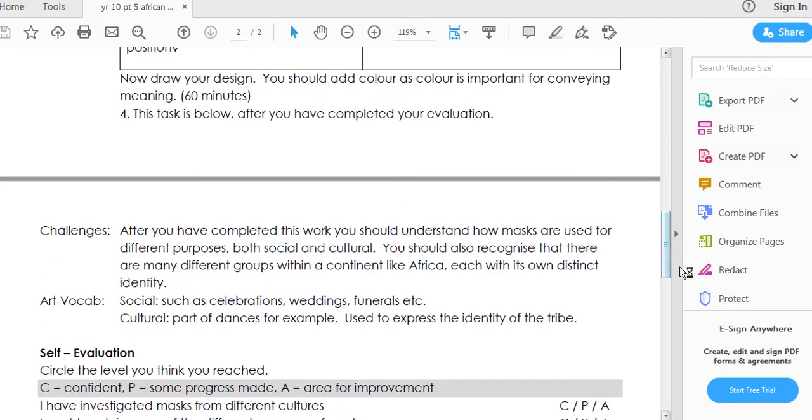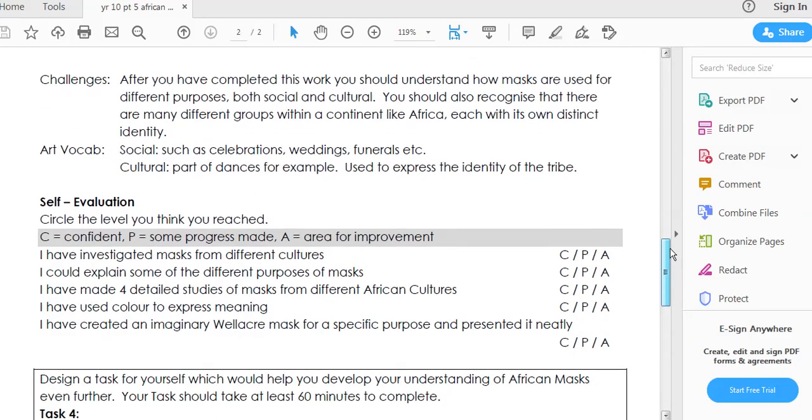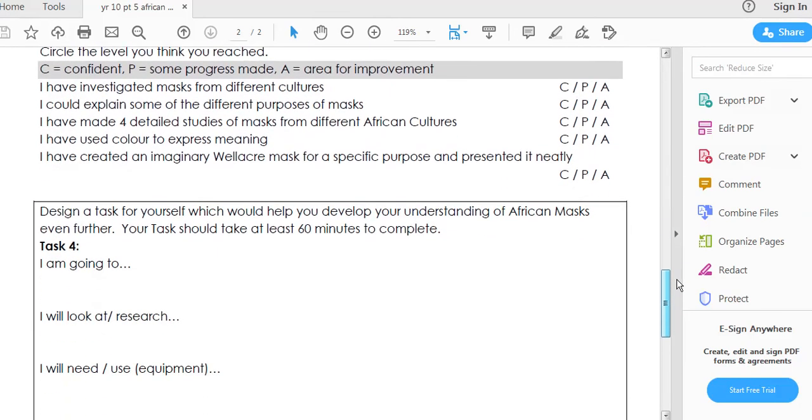So, scroll down a little bit too far. So draw your design, spend about an hour on that. You might want to do a couple of little rough ones first of all before you do one bigger one. And then, if you notice, it says there this task is below after you've completed your evaluation. That's task 4. So if I scroll down the page, you'll see just here,